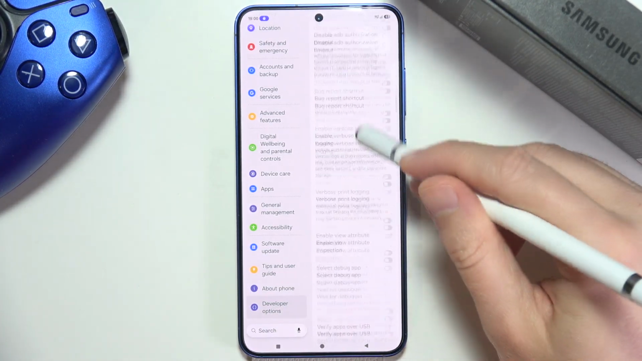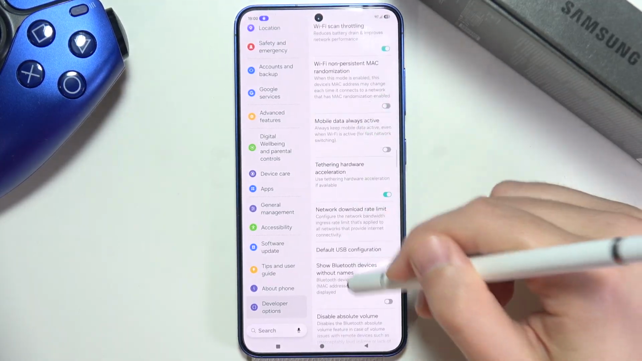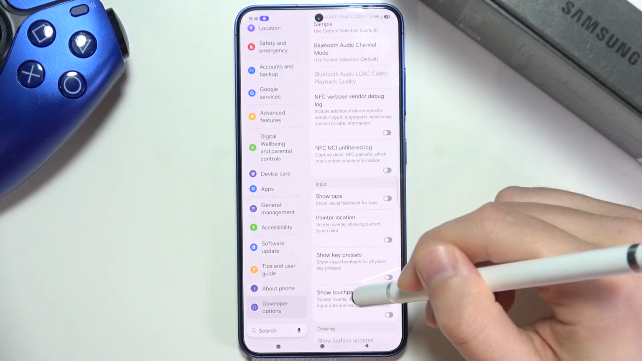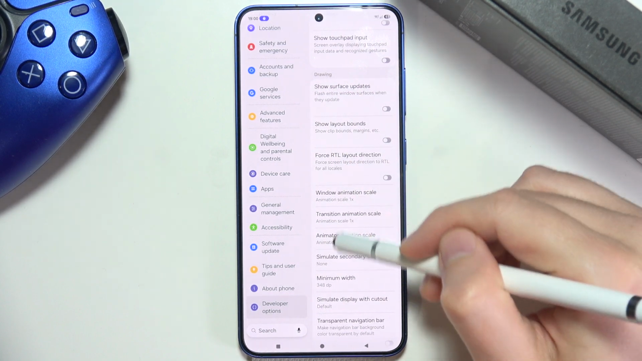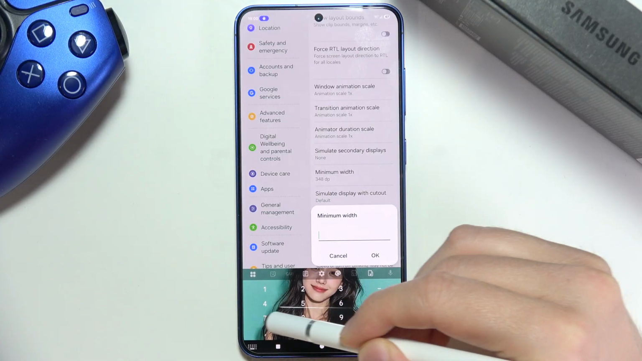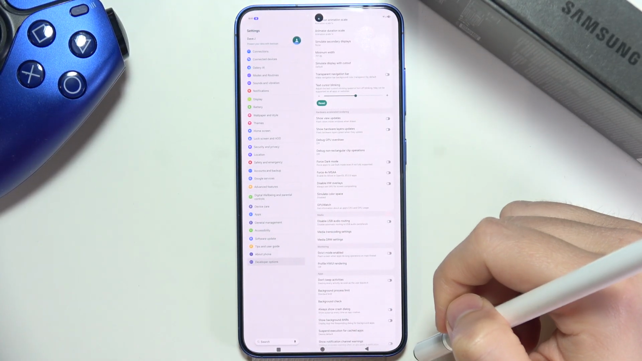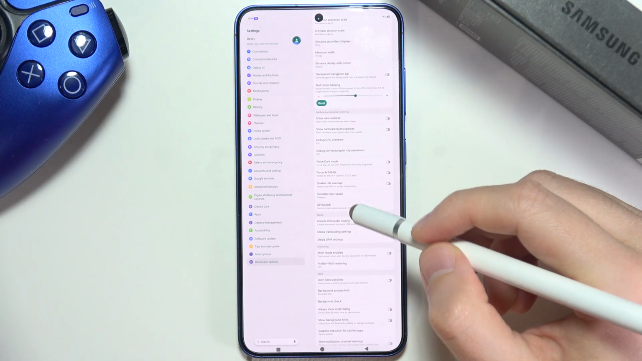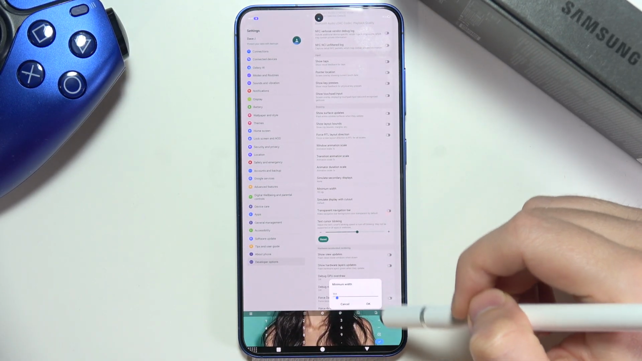So now we have to scroll down and just go for DPI settings. This should be available somewhere here on the drawing tab. Minimum width, and when you input, for example, even 700, then you will get something like this. Of course, it's actually hard to use it properly, but I just want to show you how we can actually